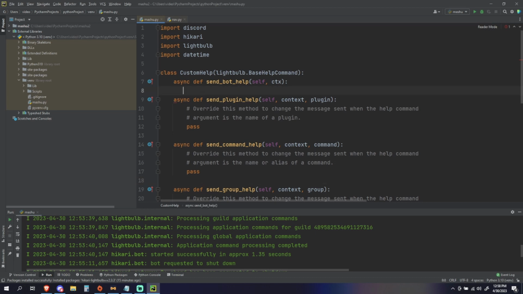Okay, so for sendBot help, all we need to do is create our embed. Now, when you paste this over from the documentation, CTX is set to context, but I changed it to CTX just to make everything the same. All right, so what we need to do is create our embed. So we need to do embed